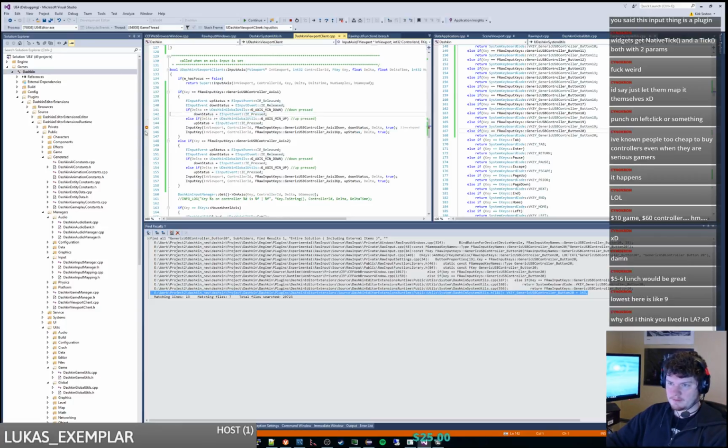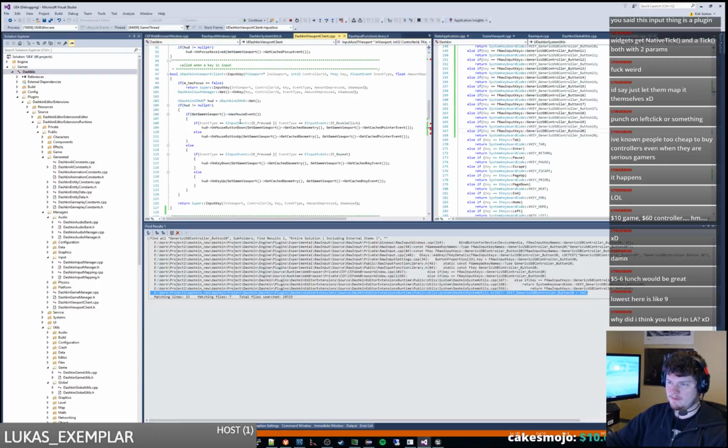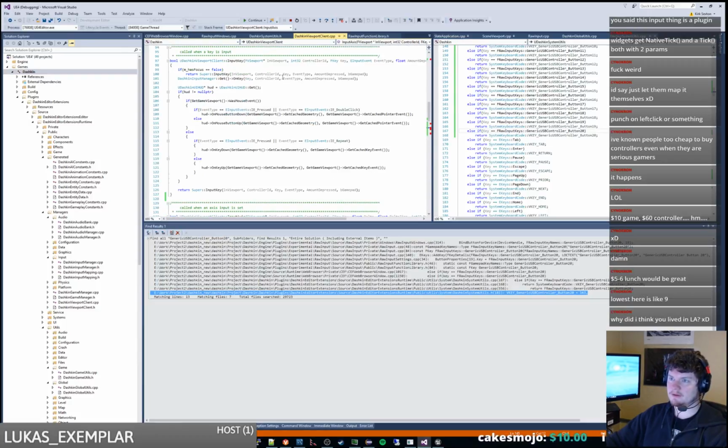Yeah, I really don't like it when it starts lying to me so much about everything. So we got the generic keys, got the controller ID, we go to input key, just gonna do all these things, get the pointer events,